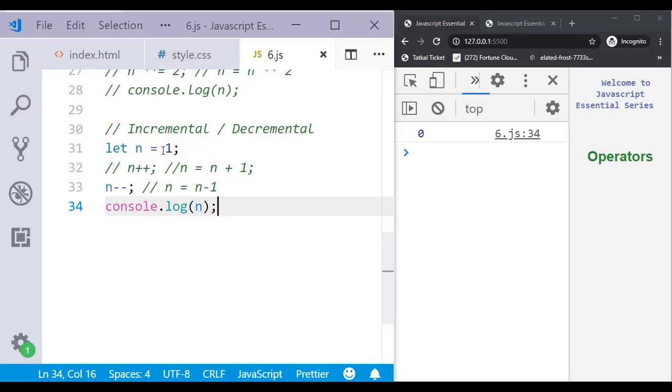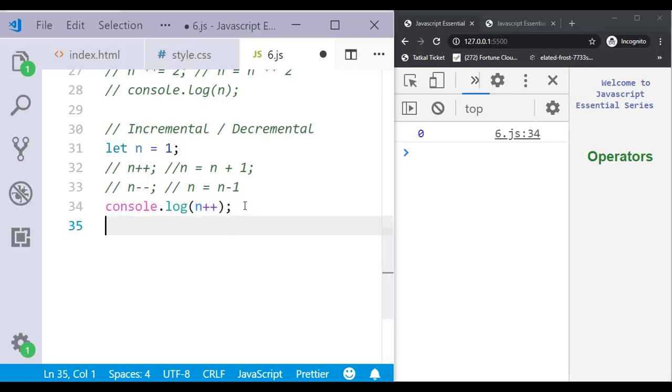Now suppose here n equal to 1, and now you are doing here n plus plus and printing. So what happened? n plus plus always means first the n value is returned and printed, and then in the next line, when the interpreter reaches the next line, at that time it will increment the value.